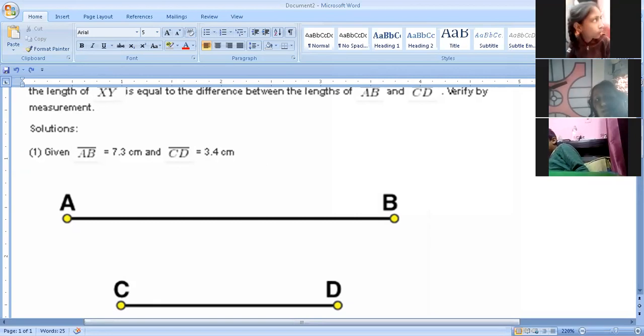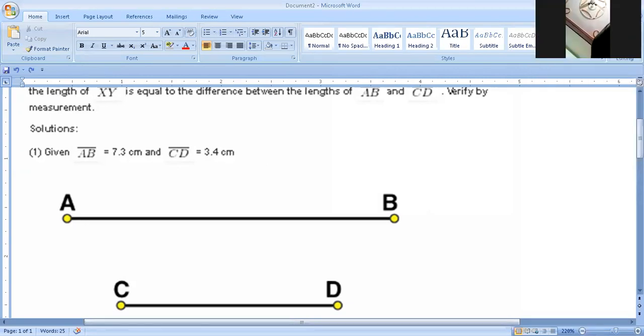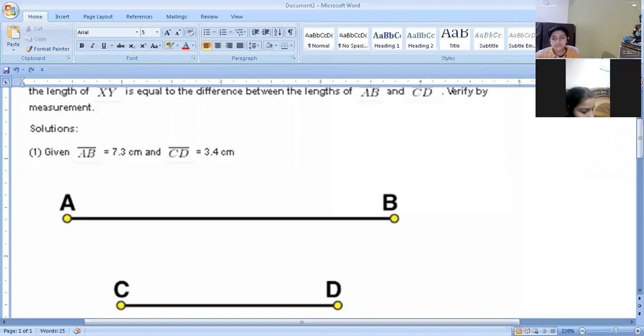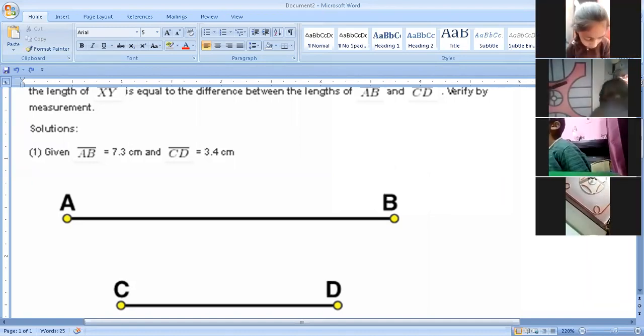Anya, Harsh, Bhuvi, open your camera fast. Draw a line of 7.3 centimeter and 3.4 centimeter in your notebook. AB and CD. With the help of ruler, draw it.